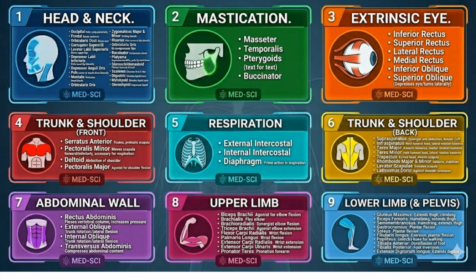Now, let's move to the practical application. For each muscle in these 9 primary categories, we will identify its location on the body, state its specific name, and detail its origin, its insertion, and its primary function. This systematic approach will help you understand not just where a muscle is, but exactly how its physical attachments dictate